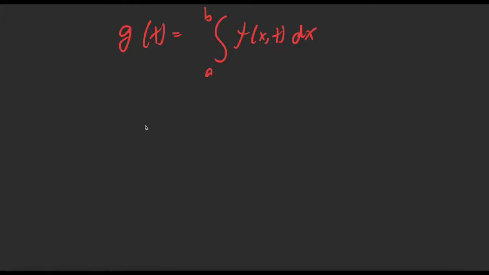Alright, so here is the trick. Suppose you have a function g with the variable t equal to the integral from a to b. It's a definite integral, that's important. And a function of x and t with respect to x, sorry. And you want to find the derivative of g of t with respect to t. That's basically g prime of t. We can write that as the integral from a to b of del